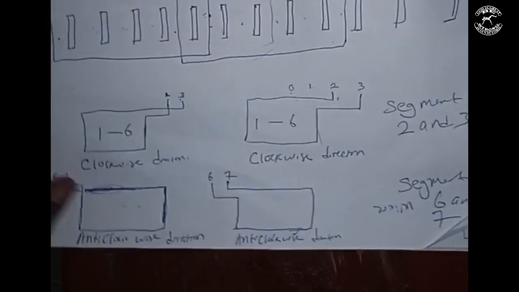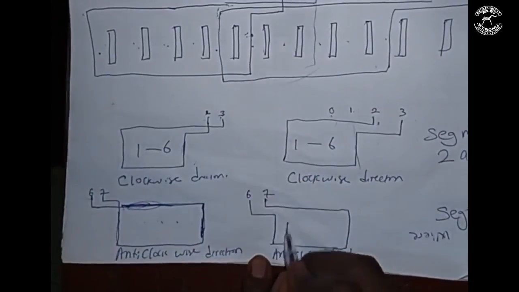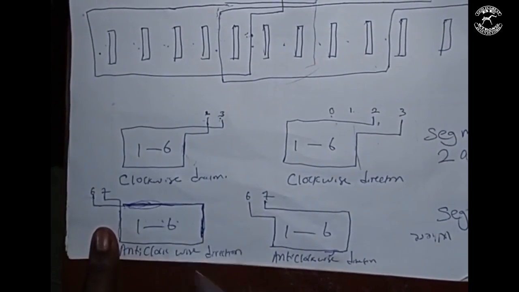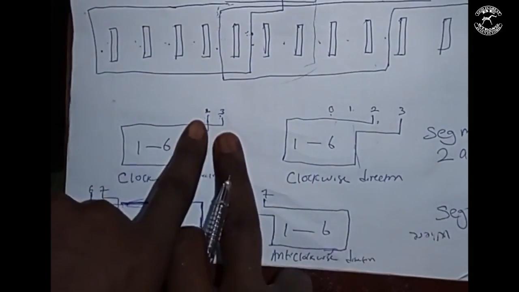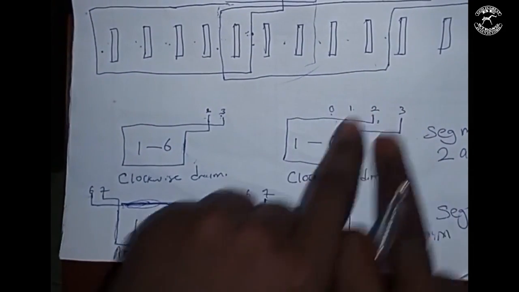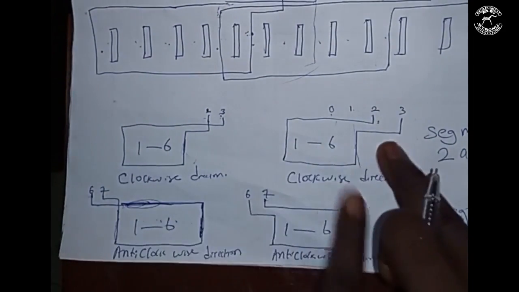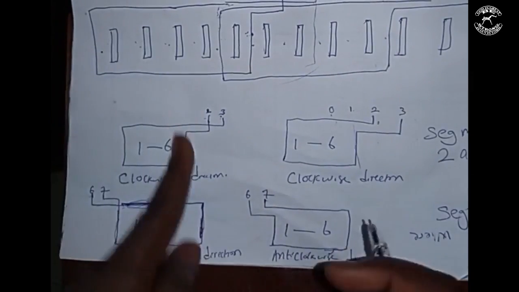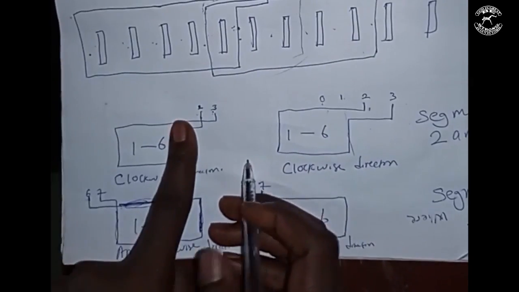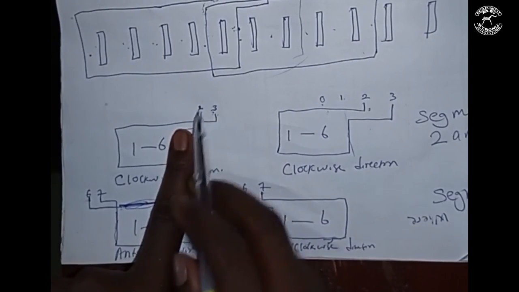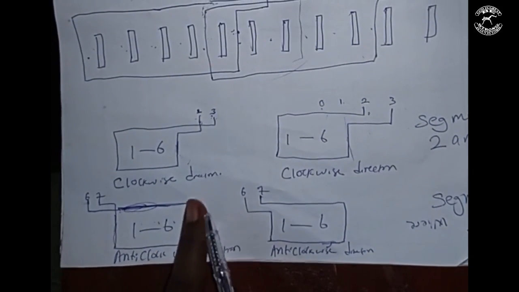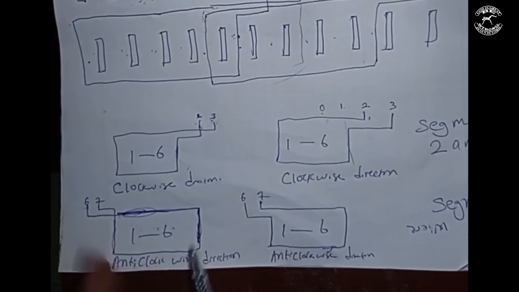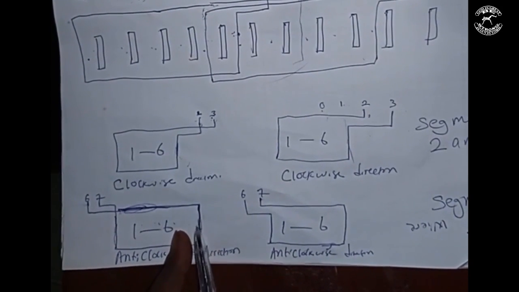Segment 6 and 7. If you are going anti-clockwise, you still go 1 to 6, 1 to 6 pitch. If you are going anti-clockwise, your segment will not be 2 and 3 anymore. The third and second segment from your first slot is for clockwise. But for the anti-clockwise, from your first slot, the reason why I want to emphasize this is because if